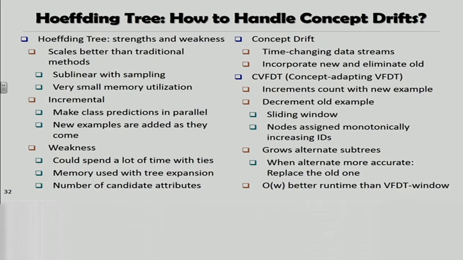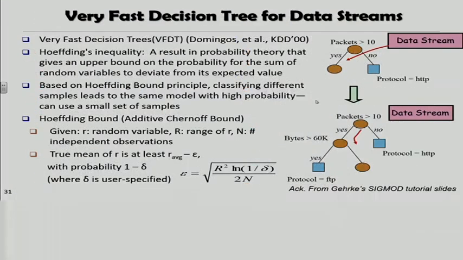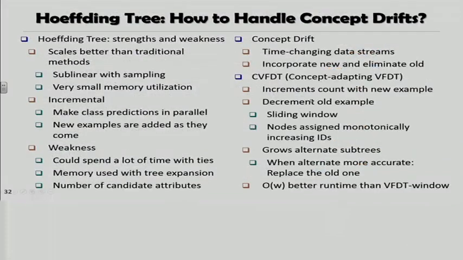How can you dynamically change the tree? Okay. So the general philosophy, I did not put the picture there, but the general philosophy is they keep the current tree, then they dynamically construct an alternative tree they call shadow tree